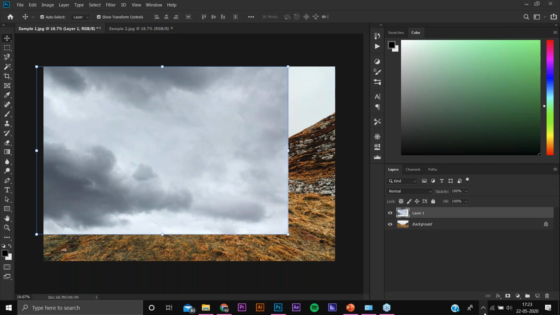We have now shifted the cloud image into the sample one image. We have to cross it over the first image.